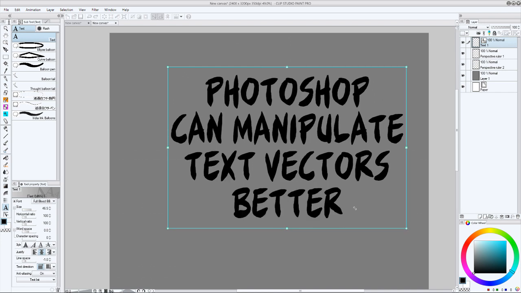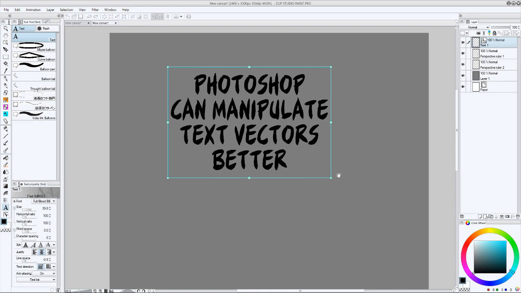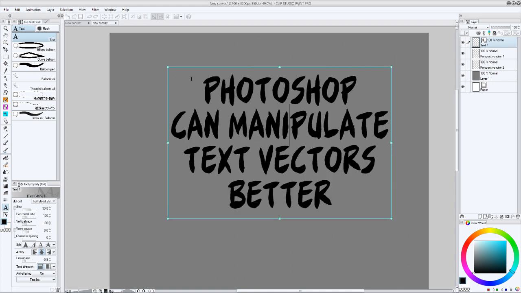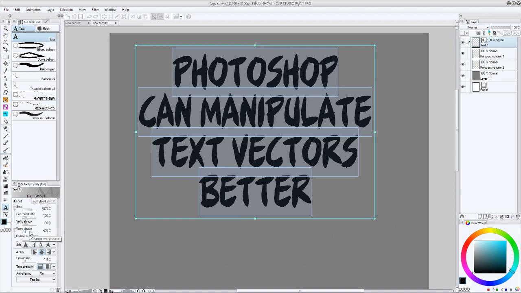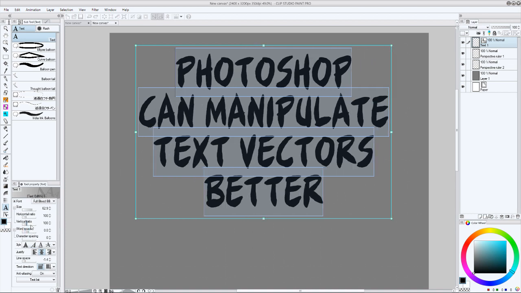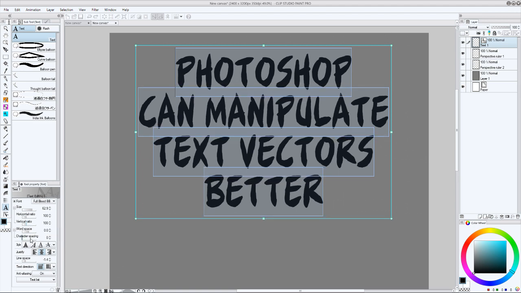I can't do that in this program. I can really only make the text bigger or make it smaller. I can't alter the direction or alter the shape any other than just this. I can do a few things with making the text appear closer together or stretching it a little bit, but the tools are rather limited for exactly what you can do